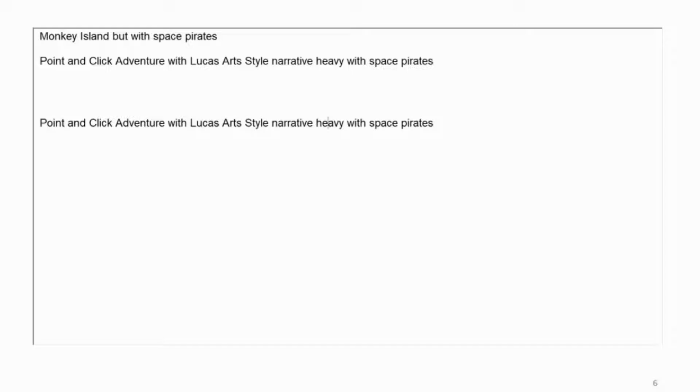Because when I think about LucasArts games, I think the narrative and maybe even the humor is important. I will not go into humor in detail because I guess you can do it differently. But I also want to say the riddles are not the big part. You don't have just riddles, you also have a narrative. Okay, so this is what I have right now, okay?